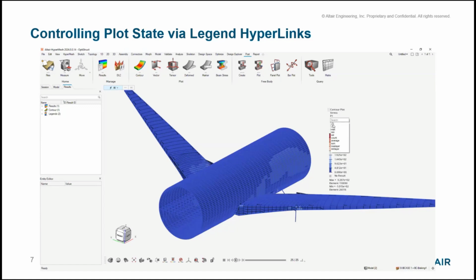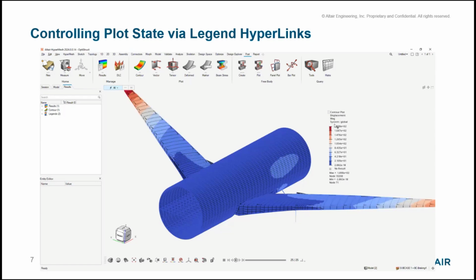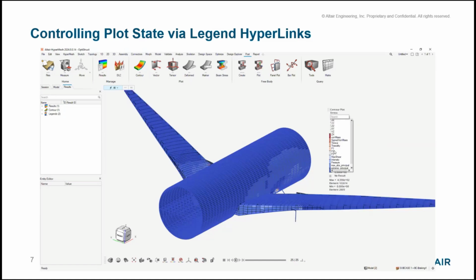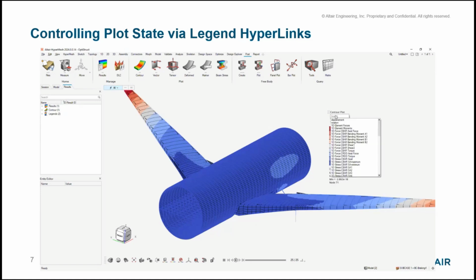Now, this new development, for which again I want to thank Varun, because he led this development personally from a PM standpoint, and also the HyperMesh and the framework team to make this happen. We have the hyperlinks as an entry point to select the several, let's say, hierarchical levels of each plot state. So from the data type, I can select stress, the data component from Mises to P1, and then, for example, the layers and all the other controls, which usually are available through the entity editor. So this is not, again, any infrastructural change on the database. It's a workflow enhancement that allows the users to use fully the space